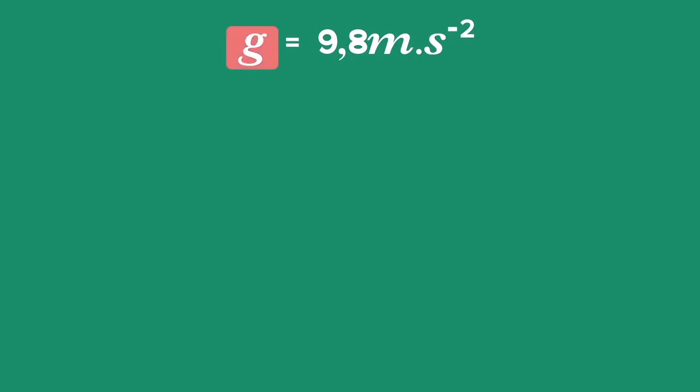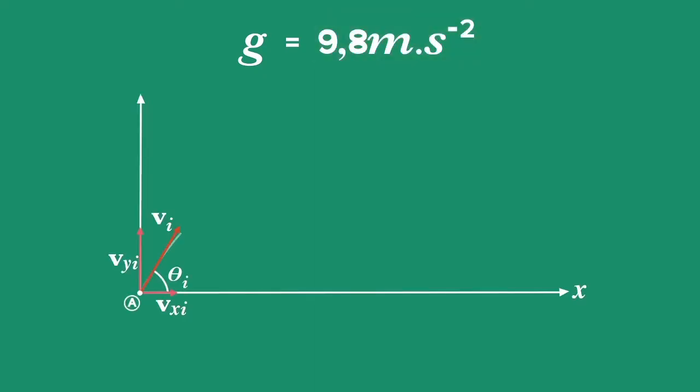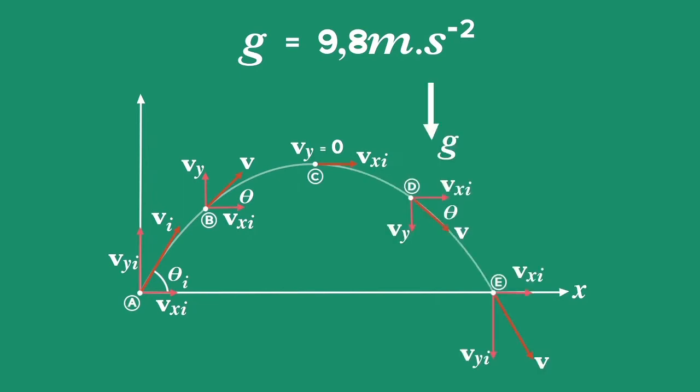Remember that the acceleration of all objects which are traveling with vertical motion is called gravitational acceleration. It is the value 9.8 meters per second squared, and the real secret is that it is the same in every question. The acceleration is denoted by the letter g. Gravitational acceleration remains constant throughout the motion of the object. It is even 9.8 meters per second squared when the body is at maximum height,